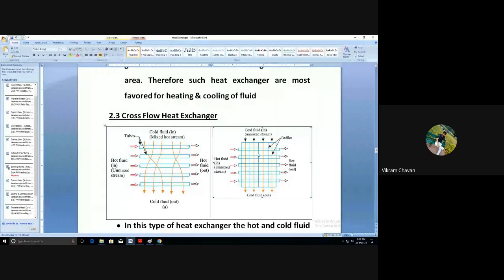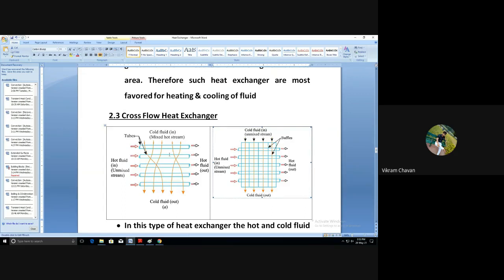In the second type, the fluid streams are not allowed to mix with each other, so we will get different temperatures at a particular cross section. Let us say we are taking the temperature on the second tube. As these streams are not allowed to mix, each stream temperature will be different. Also, there will be a difference across the different cross sections.